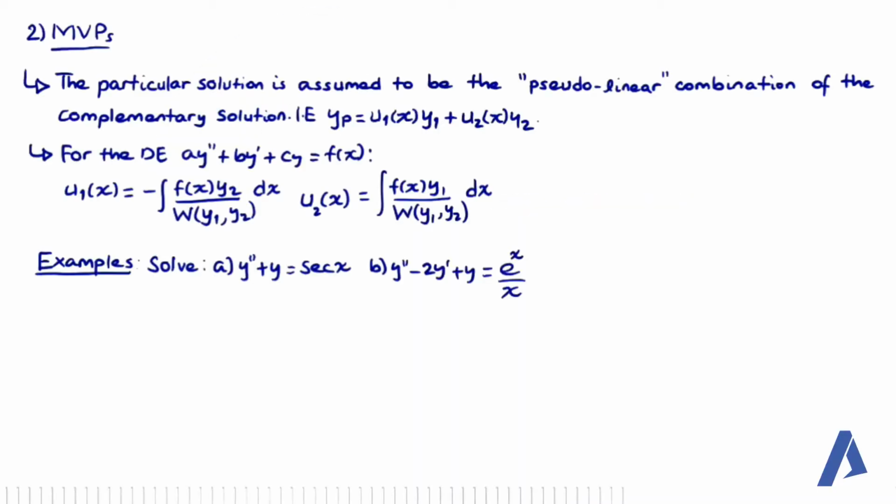ቀጣይ የምናየው ሜተድ it's the method of variation of parameters. እንደምናውቀው የመጀመሪያዎቹ ስቴፖች which is solving the homogeneous part of the differential equation አንድ አይነት ነው። የሚለያየው ስቴፖቹ ሜተዶቹ የሚለያዩት ያው it's in finding the particular solution። ስለዚህ in this case the particular solution is assumed to be a pseudo linear combination of the complementary solution። pseudo linear combination ማለት it's a linear combination of the complementary solution ማለትም